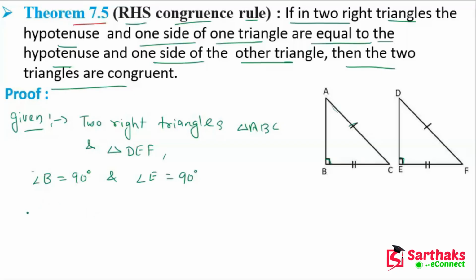And the hypotenuse is equal, that is AC is equal to DF. They are the hypotenuses. And one side is also equal, which is BC is equal to EF. And we have to prove